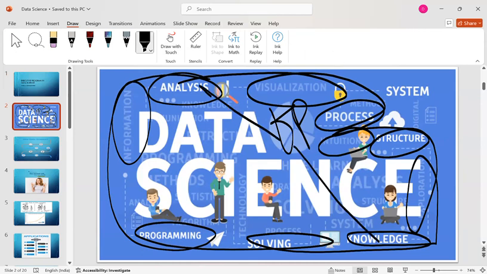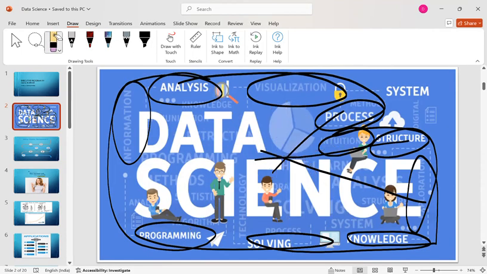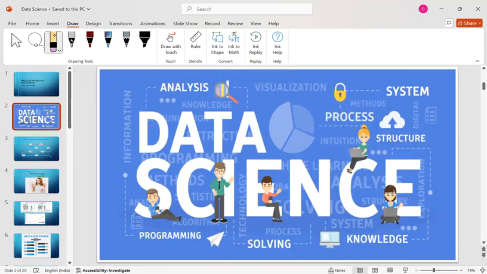Without a detailed knowledge of the data, you can't do it. Without programming, you can't do it. Without proper information on the data, you can't. Without problem solving, you can't. Without visualizing the data, you can't. Without a deep, in-and-out understanding of the data, meaning you should explore the data, you can't. Without exploring the data, you can't. Without intuiting algorithms, you can't. Without processing, you can't. And without structuring, you can't. So all are very much interrelated and interconnected. Each and everything is very important for us here. Without any one of them, it's not future prediction.